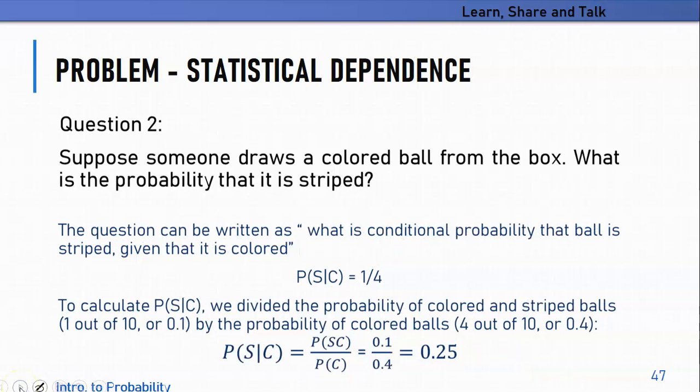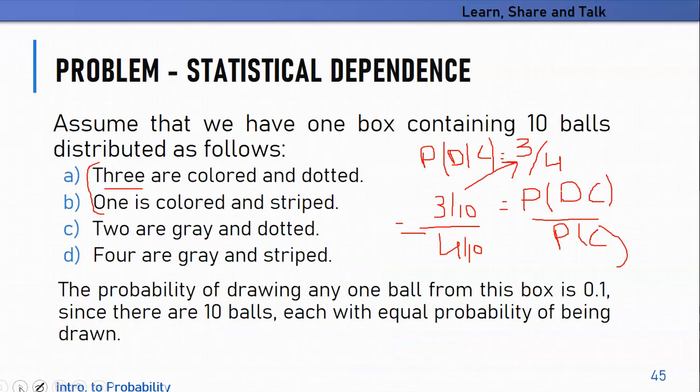Now again, if I look at another question which says: what is the probability that it is striped, provided that it's a colored ball. Again if I go to the basic question, you can see what the chances are of getting a colored ball that is striped. That seems very clear here. It's not 3 by 10, because that was for dotted. The chances of having a colored ball that is striped is only 1 by 10, and the chances of getting a colored ball is 4 by 10. So the answer would be